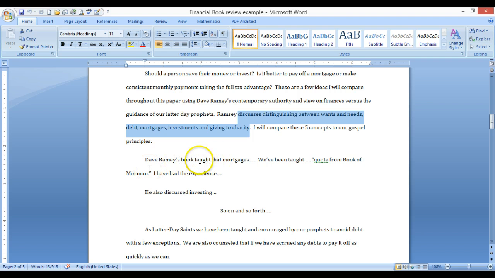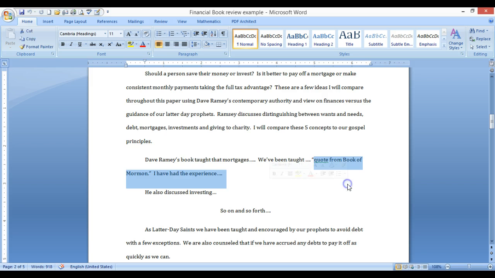I have a quote from the book. Then I have a quote from a gospel publication, and then I need to cite this. I can do Smith, because this is translated by Joseph Smith, and then I would have a page number. Or I could do